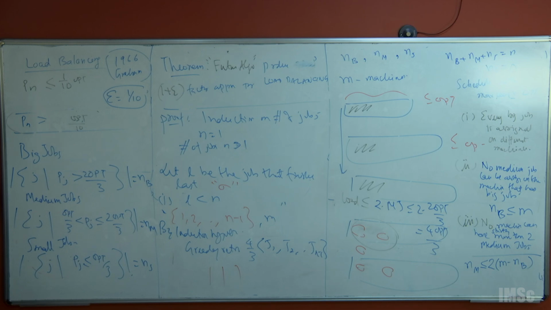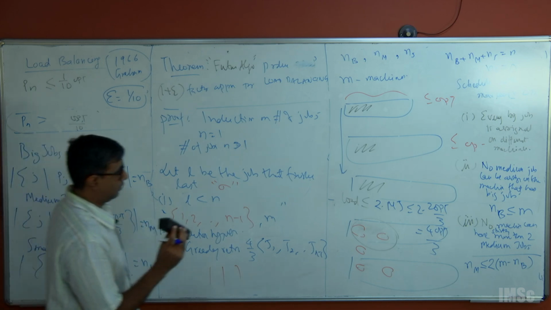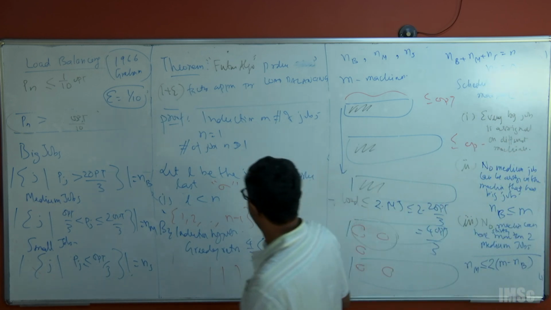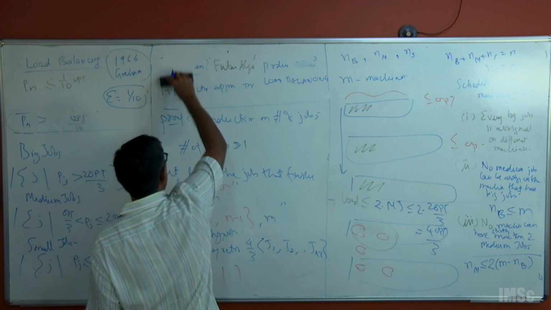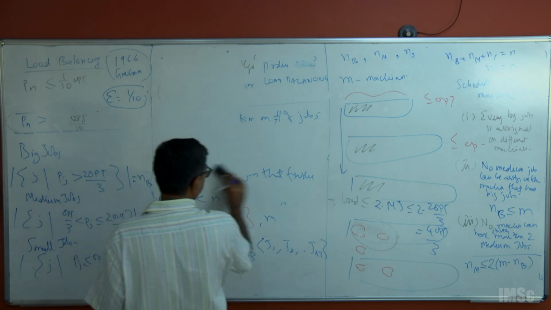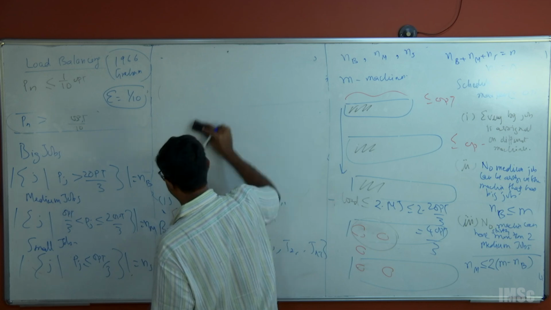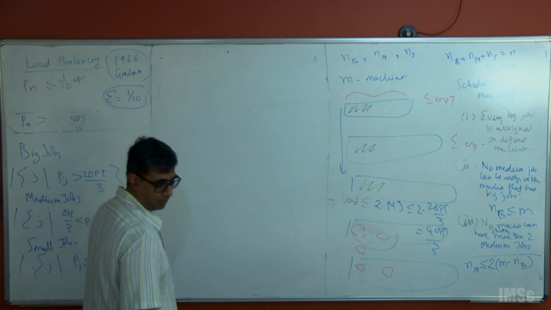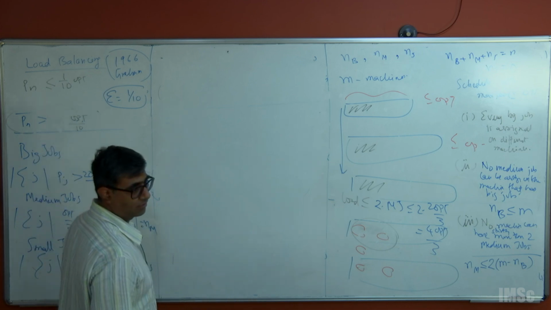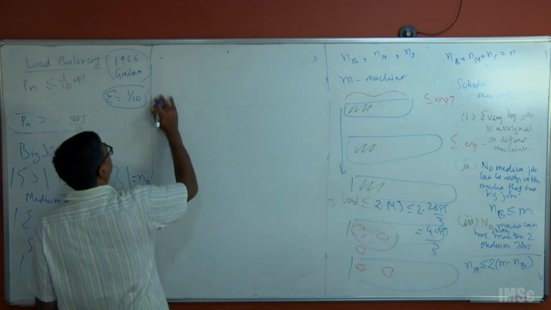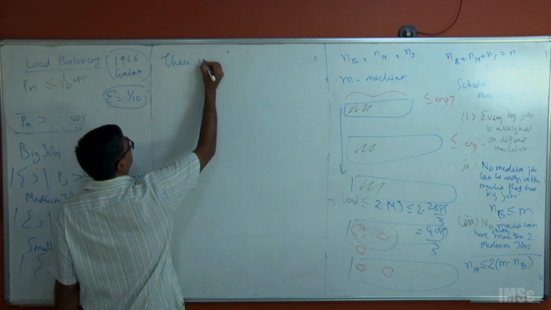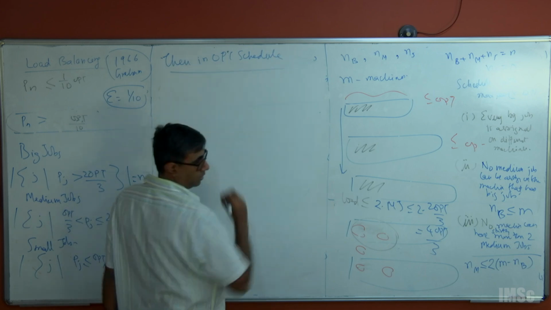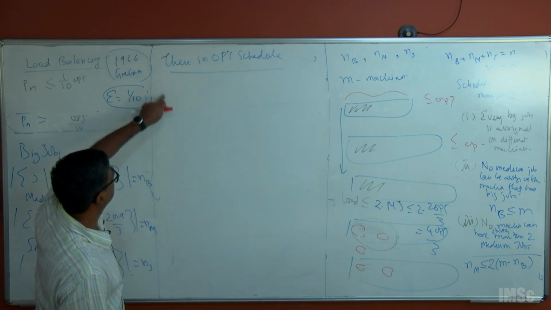Now there are several cases. First of all, let's write down these kinds of statements. So now I am deleting this, and I'm going to give you an explicit algorithm for this case. Let's first of all write down: if Pn is strictly greater than opt by 10, then in the opt schedule,